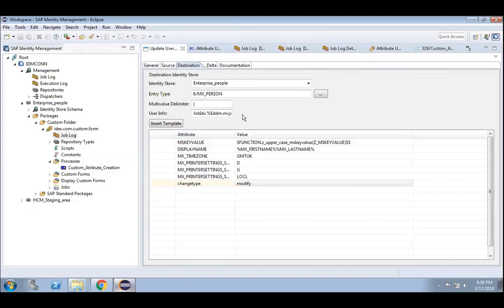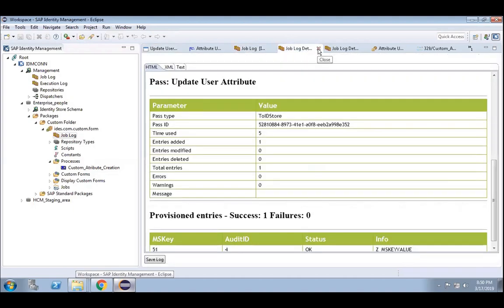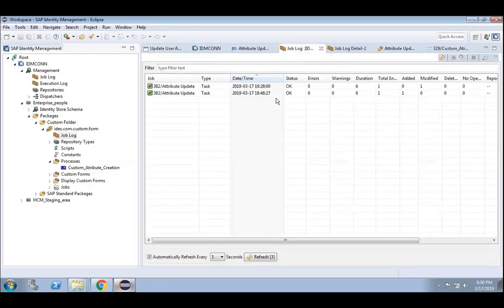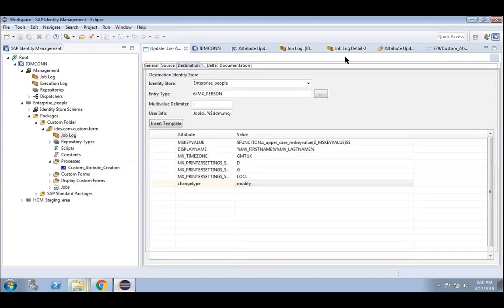Go to the log. Entries added 0, entries modified 1.